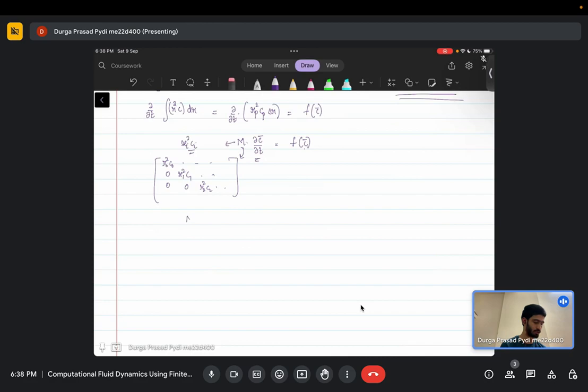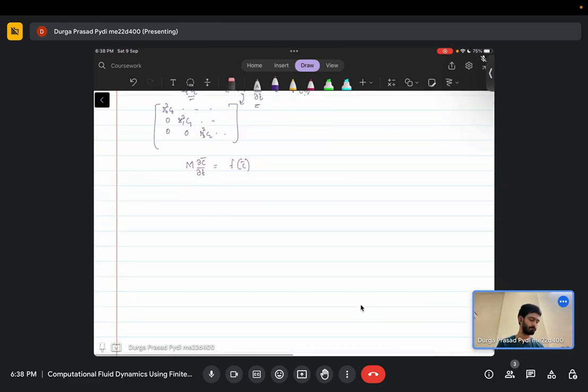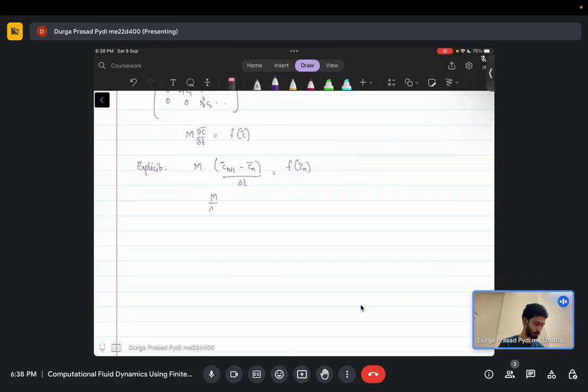Now the question is, how do I solve this equation? To solve this kind of equation, again we will have to use some discretization in the time domain. If you were to use an Euler or an explicit method, explicit is straightforward, so we'll start with that. The idea is very simple. You have C bar evaluated at n plus 1 minus C bar n by delta t equal to f of C bar evaluated at n. So you have M over delta t, C bar n plus 1 equals